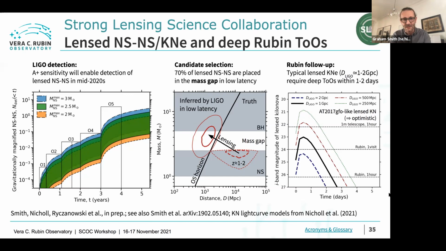I've picked out the solid black curve as that is for an object that's sitting at the center of that lensed distribution in the middle panel. We probably expect these objects to be diverse. Some will be fainter, maybe many of them fainter. So to be able to detect these reliably with Rubin, we need to be getting down towards maybe up to an hour per pointing. So very careful selection of these candidates will be needed, in particular small sky localizations, please. Next slide.